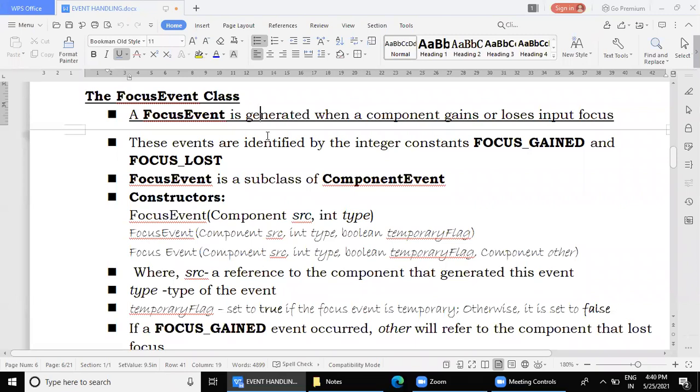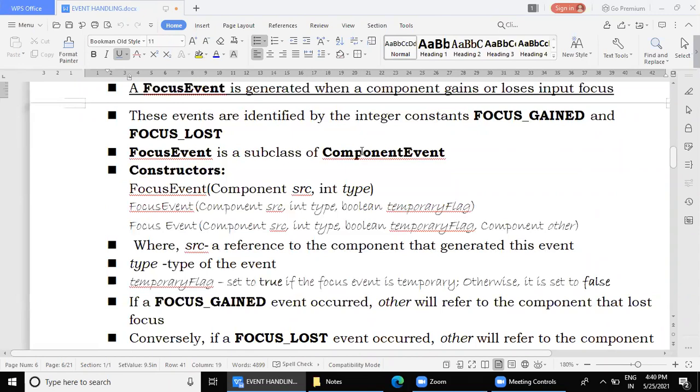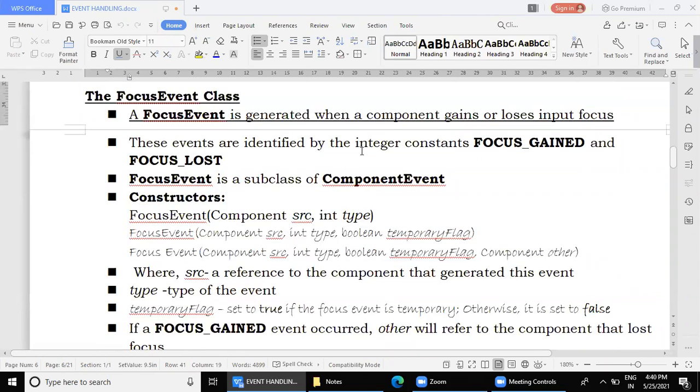When the new component gains focus, the old component loses the focus. So the focus event is generated in both situations, when a component either gains or loses the input focus. So there are two integer constants. The event may take place when the focus is lost and when the focus is gained.